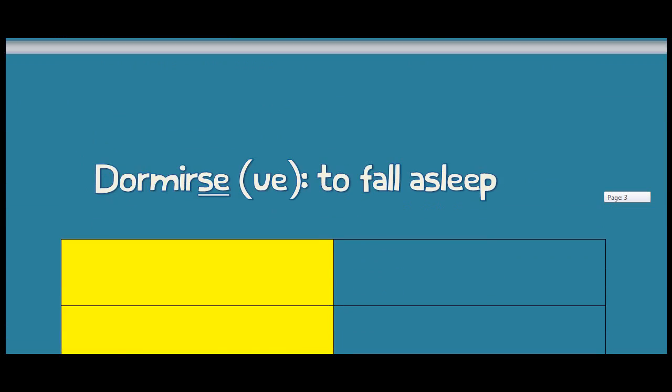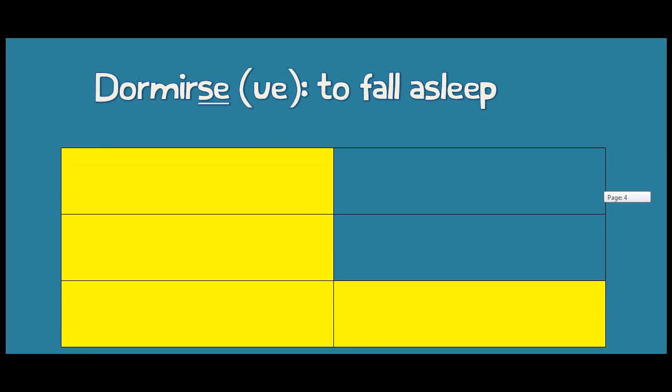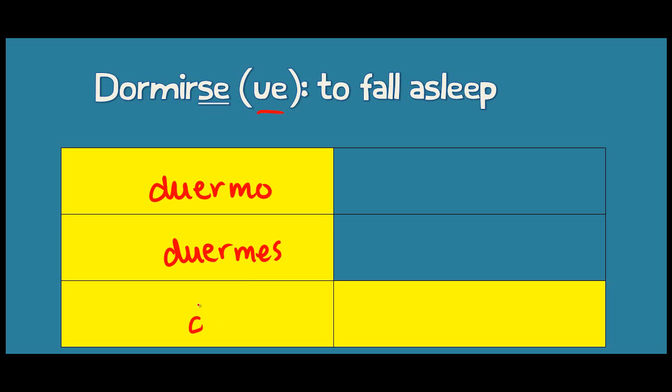Next verb, dormirse. Okay, which means to fall asleep. Now notice that I've highlighted parts of the chart, because it's a boot verb. Notice the UE. So, we know how to conjugate this already. We saw this in level 1. Yo duermo. Tú duermes. Él, ella y usted